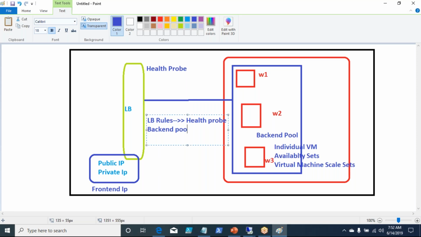What are those settings? Let us discuss. Now, how frequently should the health probe be done? Every 5 minutes, every 10 minutes, or every 5 seconds. There is a frequency, right? Your load balancer rule will define that.